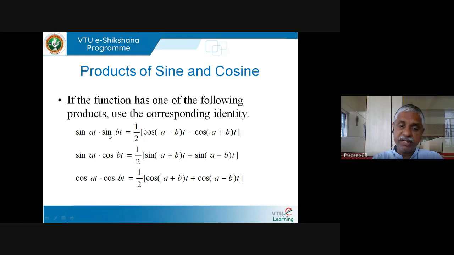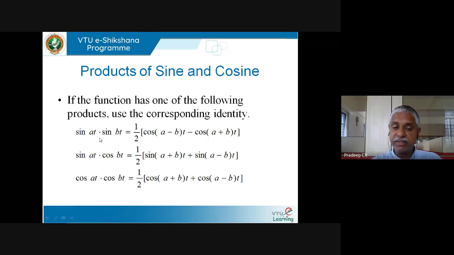So sine AT sine BT is half cos of (A minus B)t minus cos (A plus B)t. How is this useful? If I am trying to find Laplace of sine AT into sine BT, which is the same as Laplace of this whole thing, that is easy to find because now I use linearity, I pull out half, and Laplace of this is half Laplace of this minus half Laplace of this. Laplace of this I know how to find. Laplace of cos of some constant times t is s by s square plus this constant square, and similarly for this. So then, by using the linearity property of Laplace transform, I can find